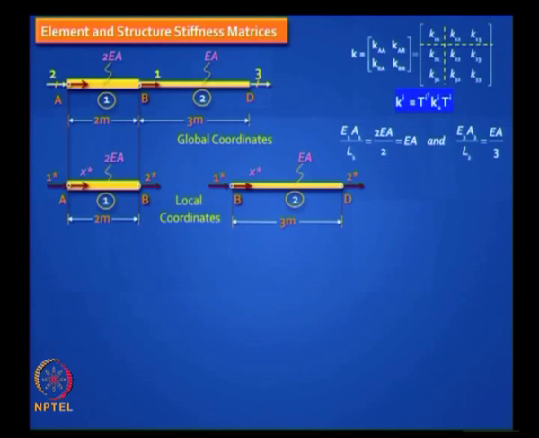You know that the EA by L values of each of them are known, because EA is 2 times for element 1. So is this not easy to do? This is the first one, this is EA by L, EA by L is this, and this is 1 by 3. Does it make sense? Plus 1 minus 1, so they are easy to do.